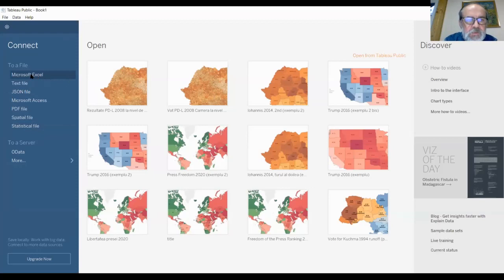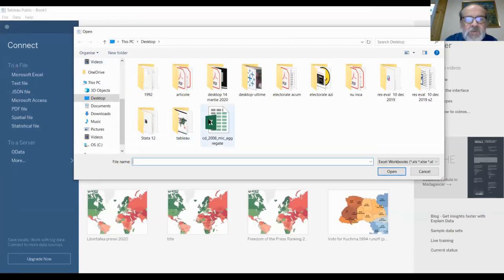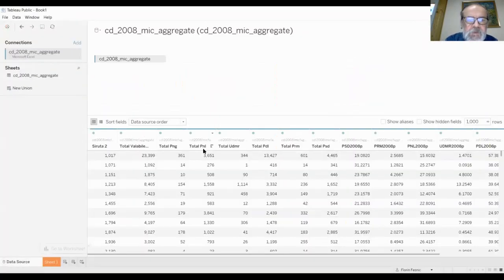And we open the first data set. Yes, we've opened Tableau Public. Now we open the first data set, the data set with election results. So Tableau Public is supporting various formats. I'm using Excel in this example. Okay, open. And here's how the first data set looked like.